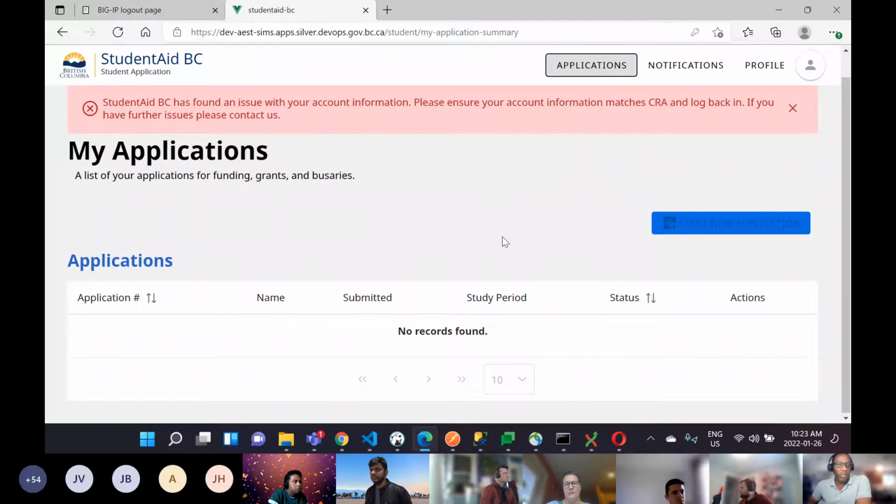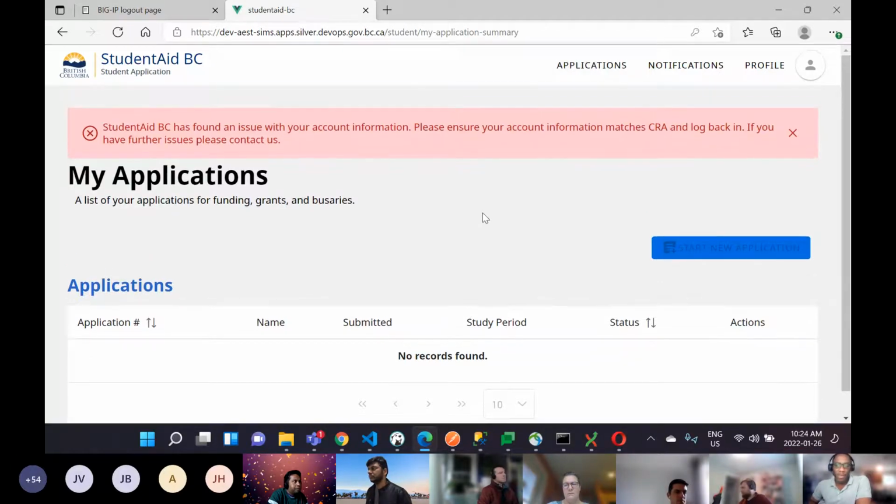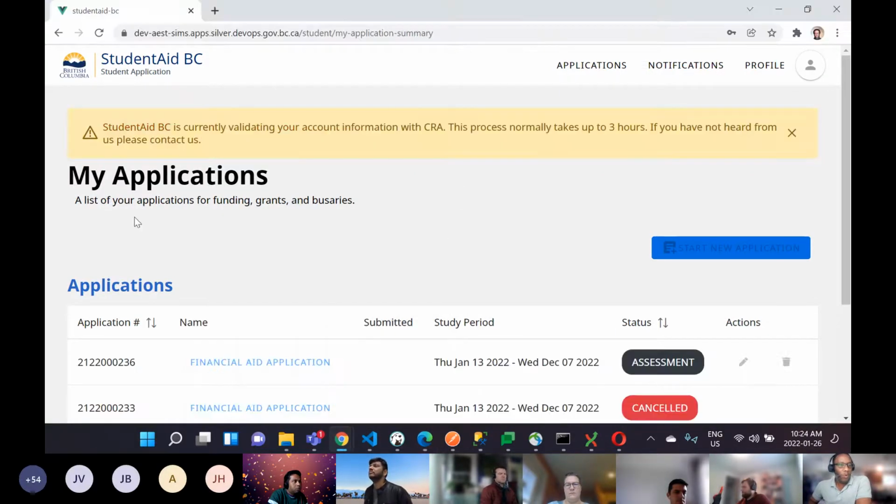And the other thing with this is that this student is not able to start a new application because the SIN is not valid. And if there were applications here, the student would not be able to edit an application. Ideally, a student who has an invalid SIN will not even be able to start a new application. So all this will be empty. And then the last scenario is a student whose SIN validation is pending, meaning